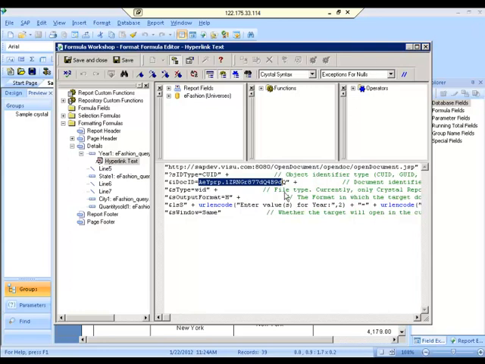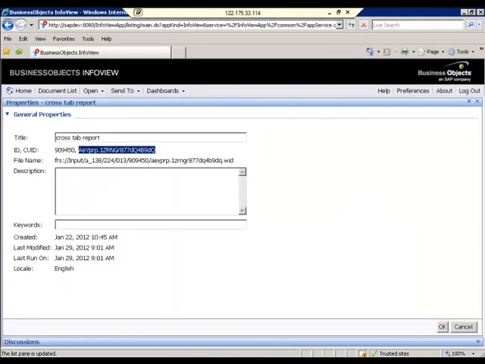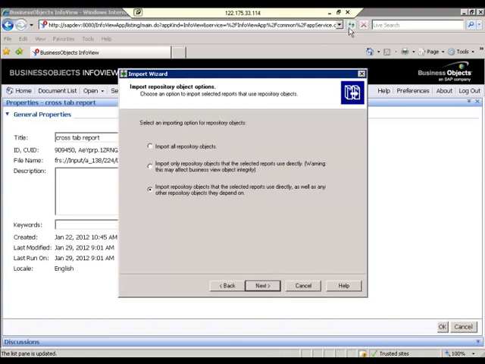So when you see here, same way, you are importing reports, you are importing universes, you are importing folders. So here the repository object means the ID of the report. If you move a report, you need to move it with the ID also. So here, select an importing option for the repository object. Import all repository objects. That means you are importing only 10 reports, but this time it needs to migrate only 10 object IDs, not all reports. So this is ruled out.